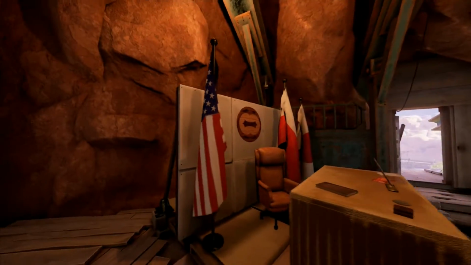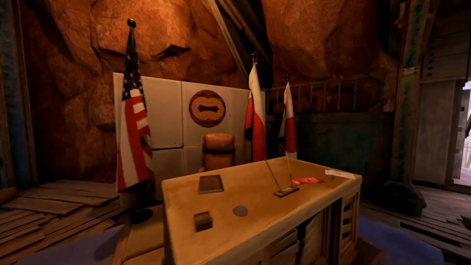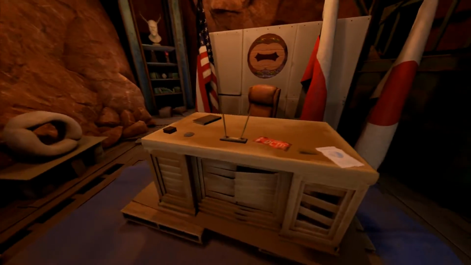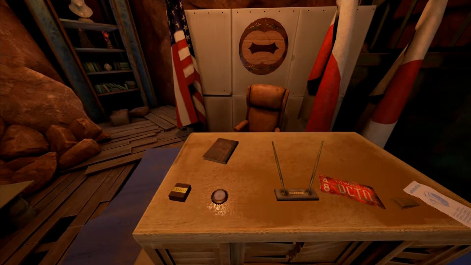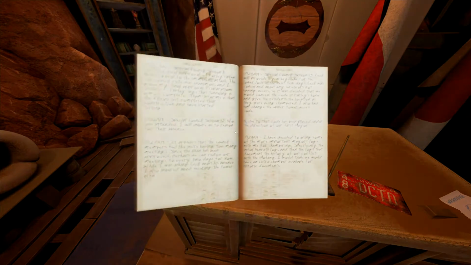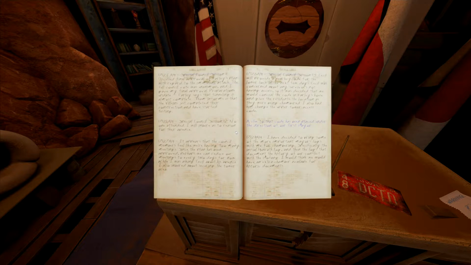I like how Yosef has all these flags here. I guess these are the world flags that were mentioned in the manifest that we saw up by the junkyard. So all we've got here, we've got a notebook. Okay,